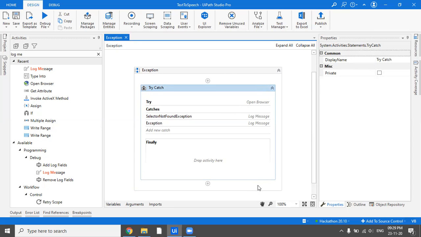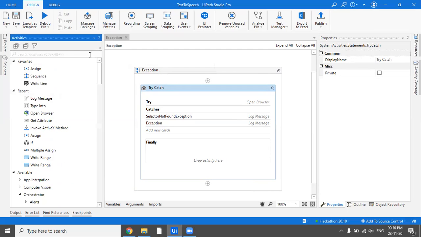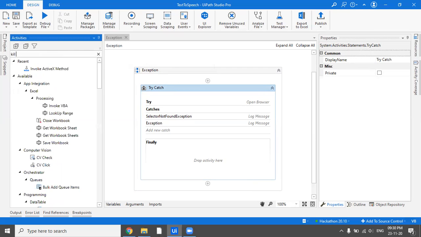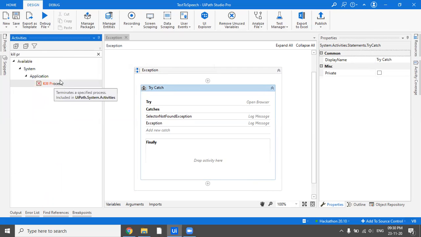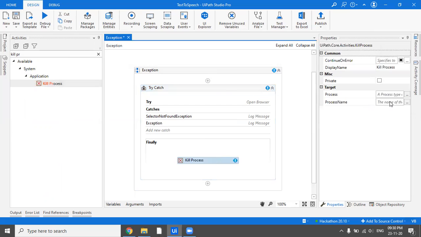At the end, when the bot is closing the program or reaching the end of the program, it's good practice to close all the applications you're using. So in the finally, you can have a kill process which kills Chrome. Let us drag this here, and give the process name as Chrome.